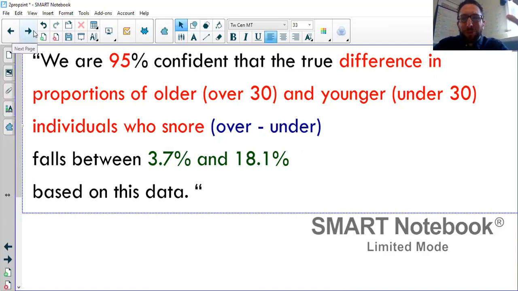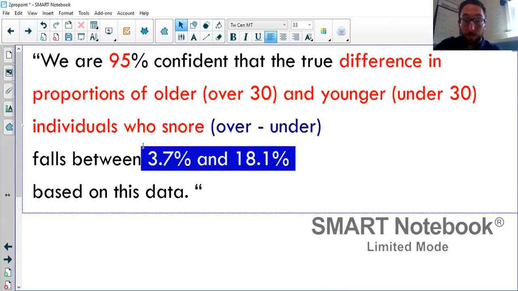So now the question becomes, all right, we're saying the true differences between blank and blank, but what is this 3.7 and what do these numbers really mean? Because these are not percents of people who snore. So now what we have to think about,